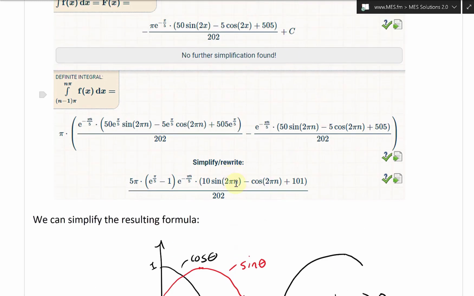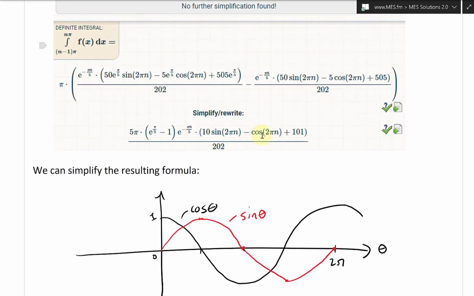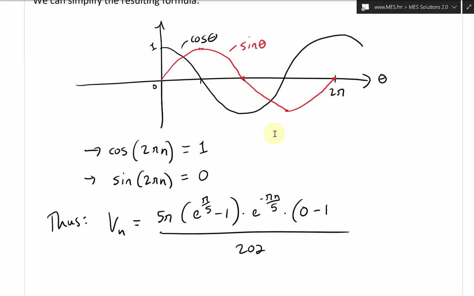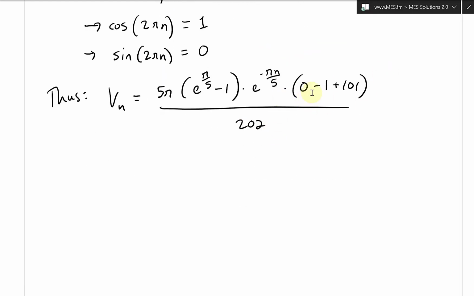So this part right here, times 10 sine 2 pi, that just goes to 0. So times it by 0, and then this becomes minus cosine 2 pi n, that's just 1, minus 1. And then this is plus 101, plus 101, like that. So then this becomes 100. Yeah, it's 100, and 100 times 5 is equal to 500. So this is 500 pi